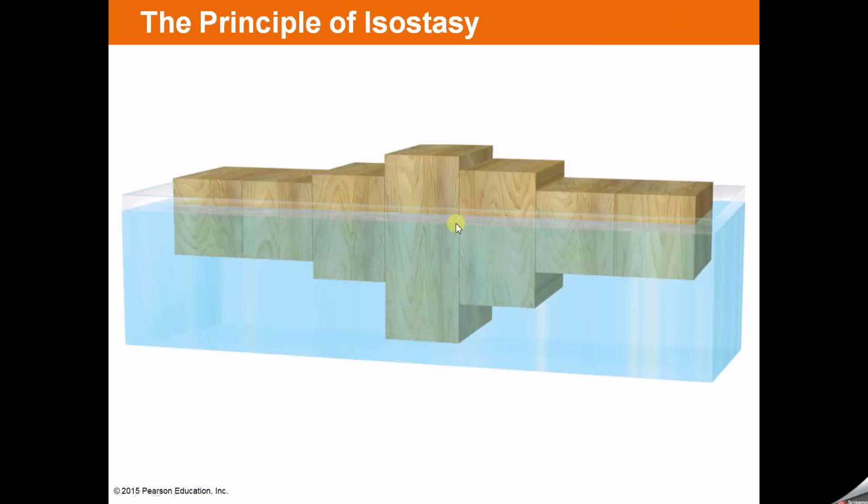So here we have these blocks. The biggest one is all of these floating in the water, as if it's like the crust. These represent the crust just floating on the mantle, above the mantle. When you have thicker blocks, these thicker blocks will have deeper roots in the mantle. The smaller blocks will have smaller roots down in the mantle, but lower elevation.